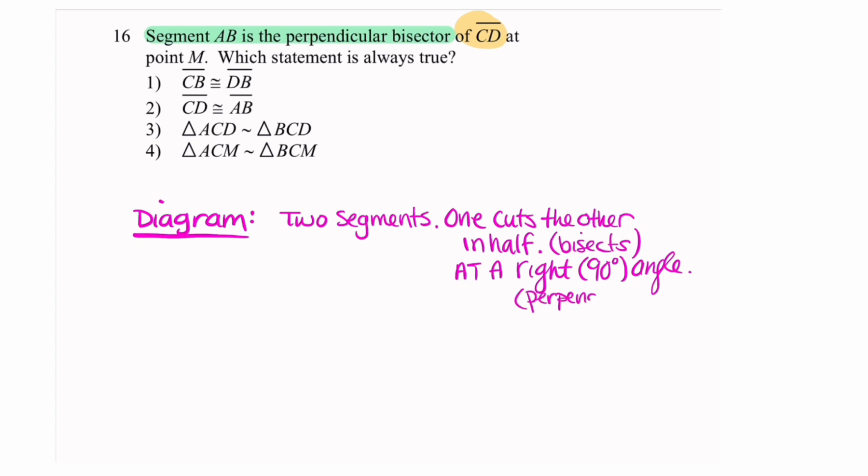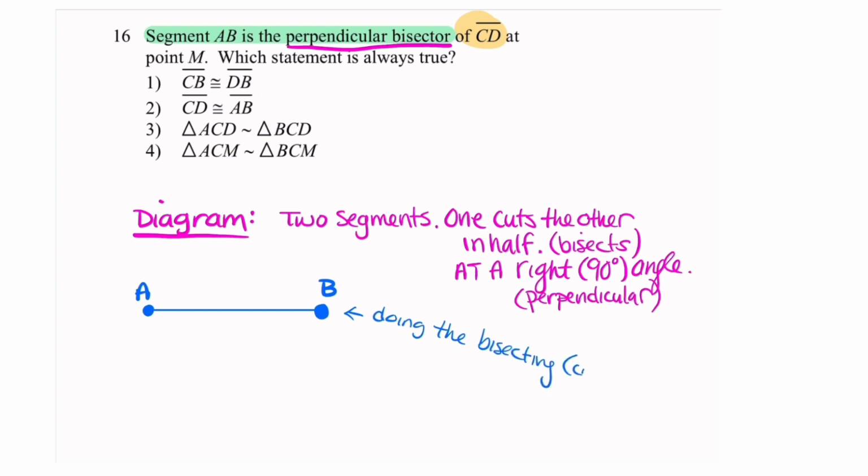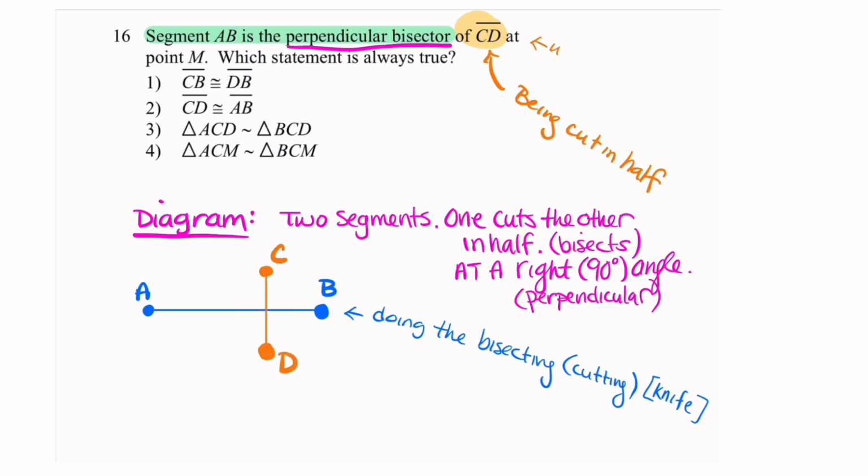That's the perpendicular part. So I imagine first that AB, the thing that's doing the cutting, my knife, is the line segment in blue here, AB. So again, this segment is the one that is doing the cutting, so we can think of this as the knife. Now a knife doesn't cut itself in half, but it cuts something else. Here, CD, like a loaf of bread, is being cut in half, so we don't know that the knife and the loaf of bread are the same length, so we assume that these two segments might be different lengths,